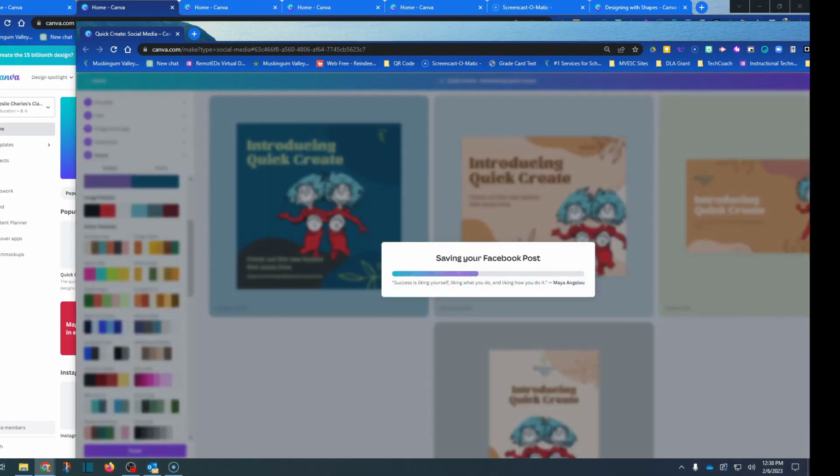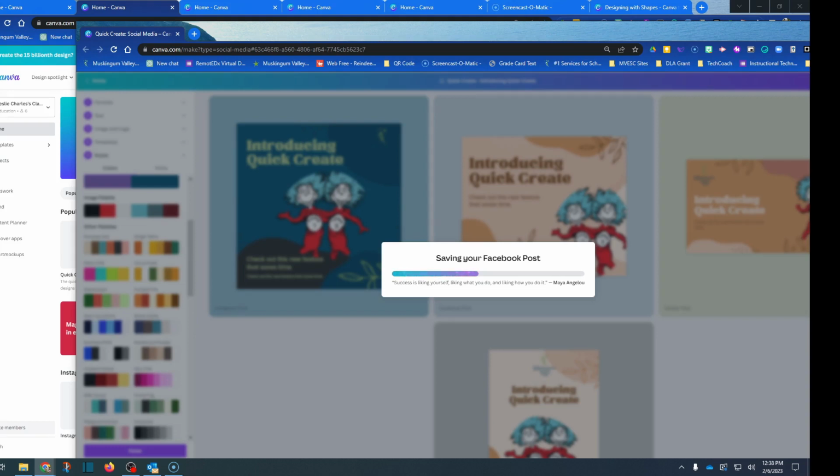It's thinking about all of these different posts. And then when it is finished, it will have created a collection of social media for those individual items that I selected, and it will give you those different designs that you can use across your social media platforms.